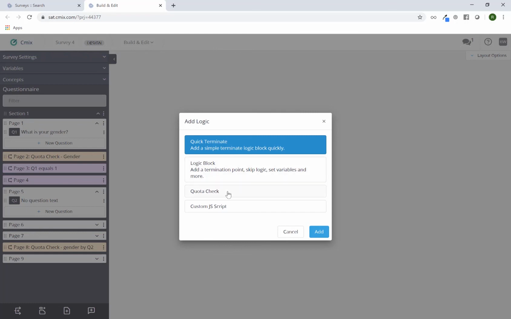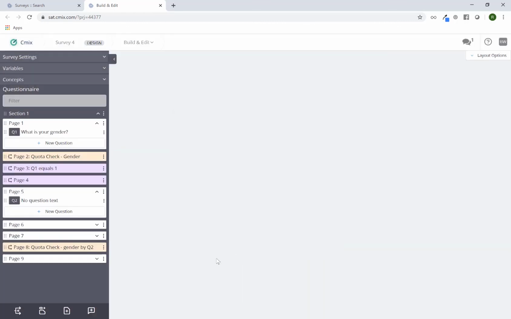You can add a quota check page. You can also add a custom JavaScript page here too. So if you're trying to use JavaScript for any sort of logical operation, you can do that as well. So I'll cancel that one. The next one over is to add a section. By default, you'll see that there's one section up here. That is actually the default when you create a survey from scratch, to have one section and a page on its own. But if I want to add an additional section, I can click on the second button,